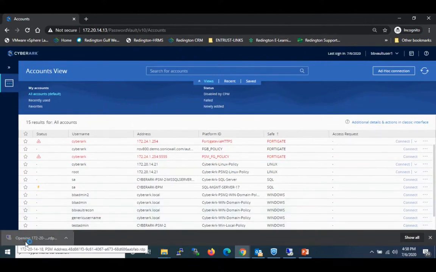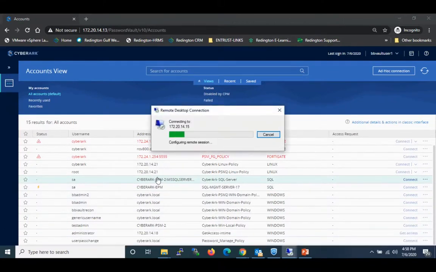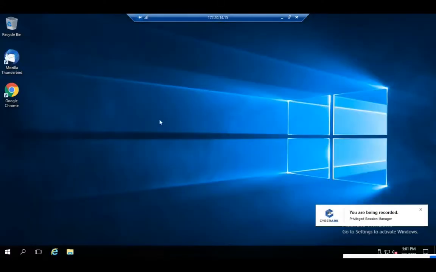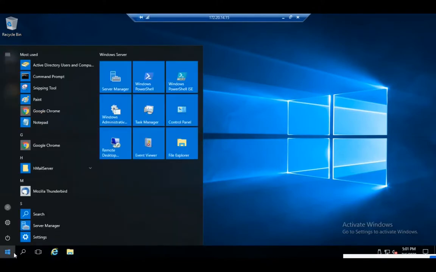So right now, as I have an RDP session which is getting connected, this request now goes to my jump server, which is 14.15. And once 14.15 logs in, it will allow me to log in inside it. I'll be able to see the page, where it takes me without asking for the username and password. And with the help of this,